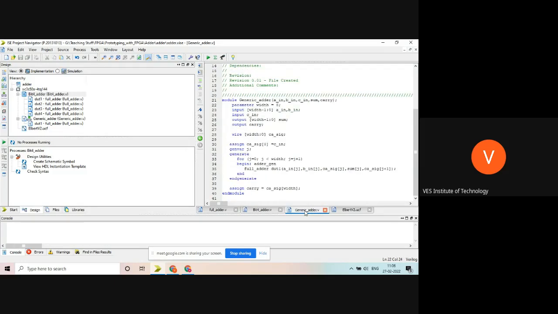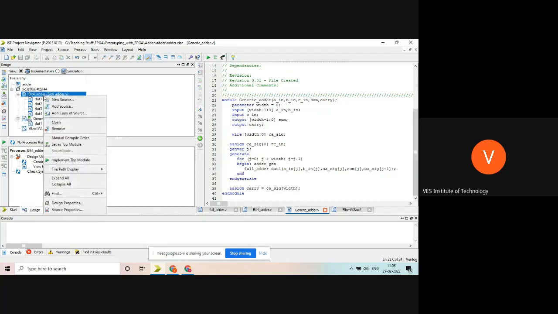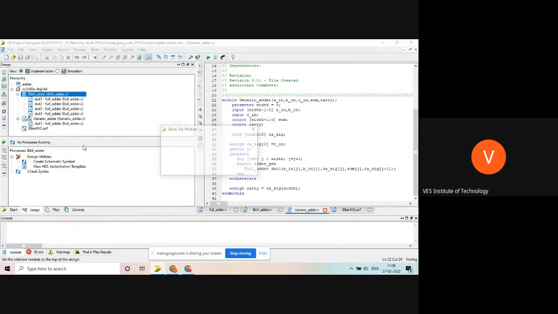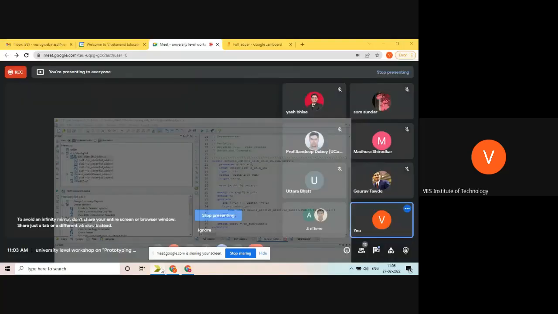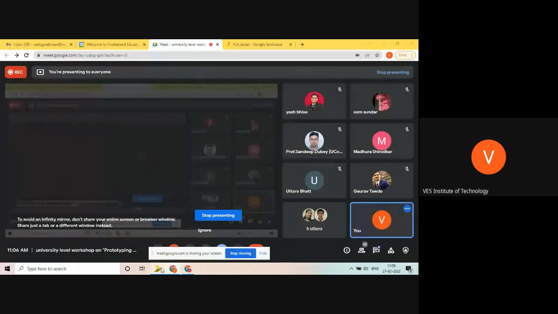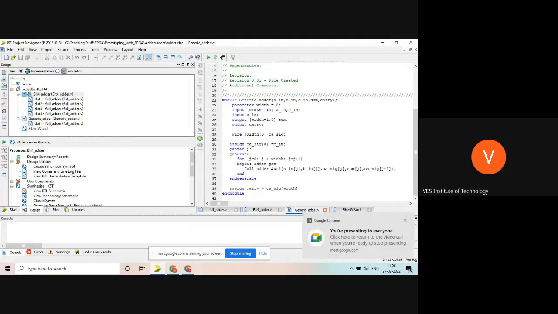Right now this is written for the 4-bit adder. Set as top module and it will work for the 4-bit adder. Okay, so shall we go ahead? I hope everyone has done up to this generic programming, generic coding technique.